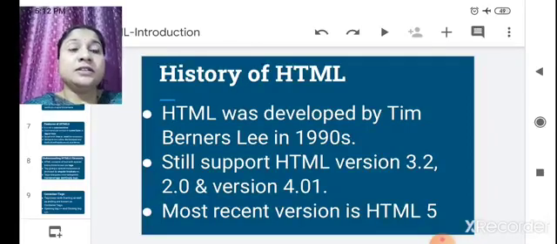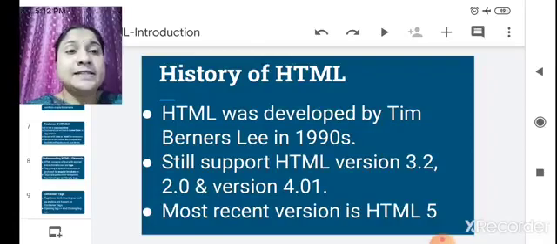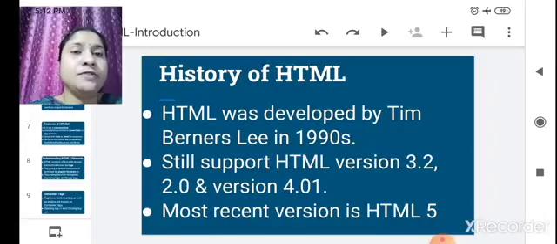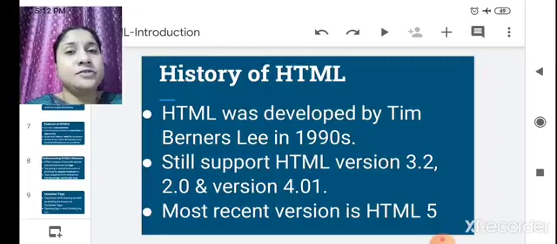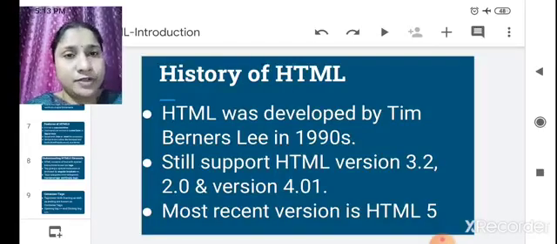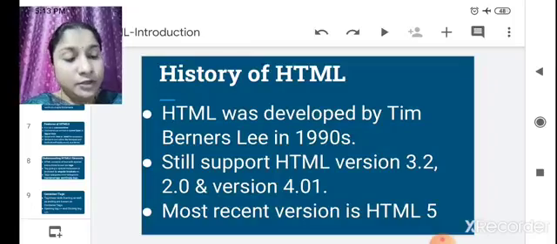Some web browsers still support versions like 2.0, 3.2 and 4.01. The most recent version is HTML5, and this is the version we are going to use.